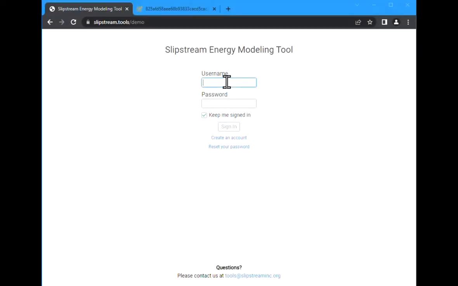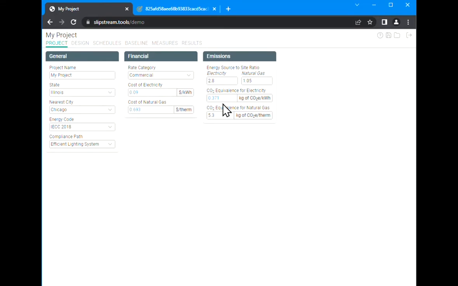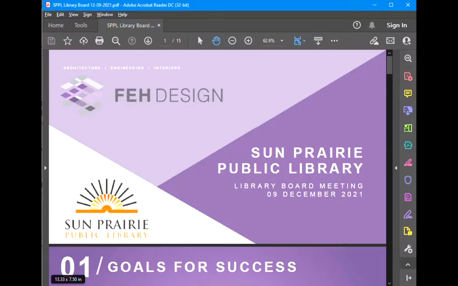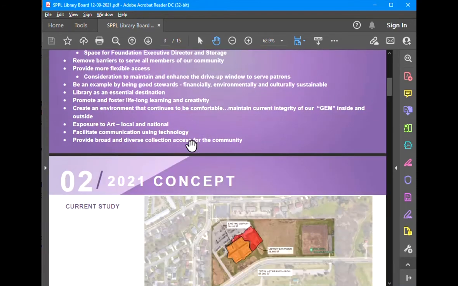Now we're going to do a case study of a building energy model. So first we're going to sign into Sketchbox. Now the project that we're going to be looking at is a library building, new building that's proposed in Sun Prairie, Wisconsin. The links to these documents are going to be available in the video description, but this is